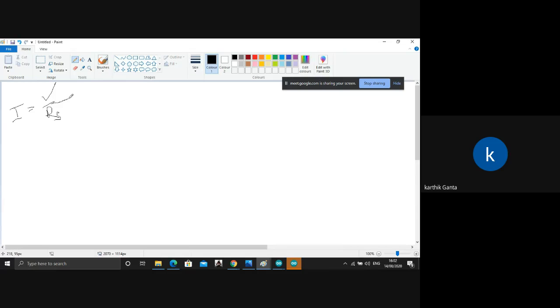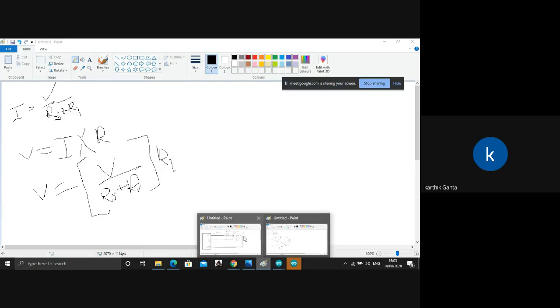So voltage by total resistance would be V by (RS + R1). Now we want to calculate the voltage, so voltage is I into R. So we'll write V out is equal to V by (RS + R1) whole, into R1.